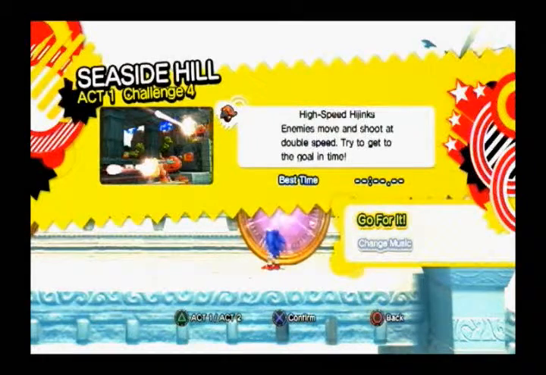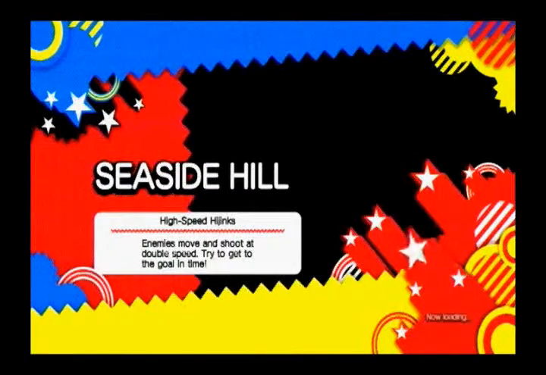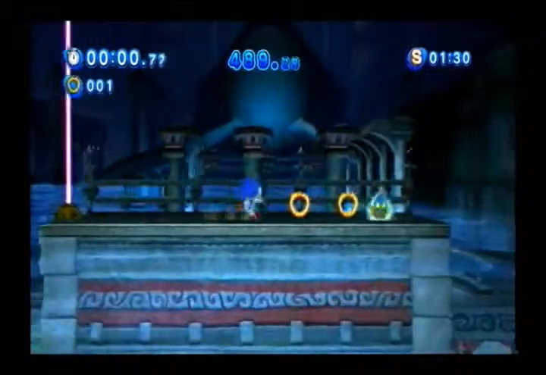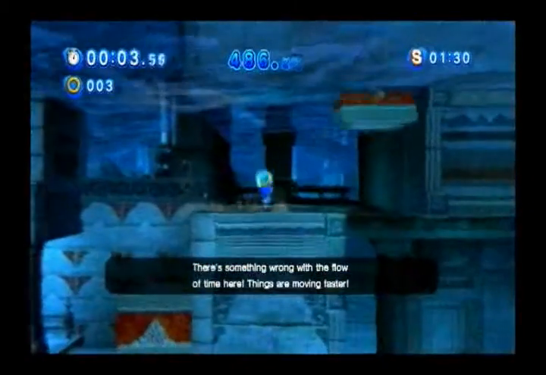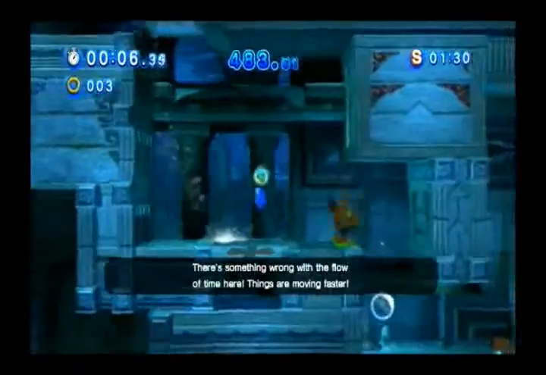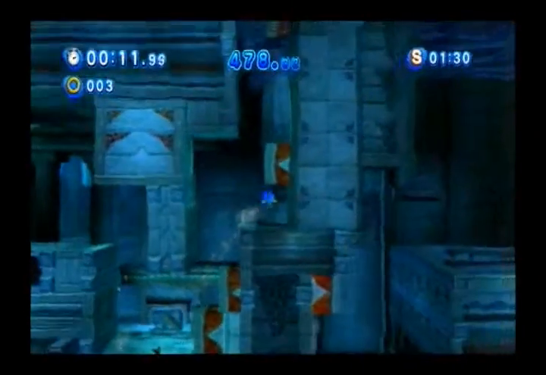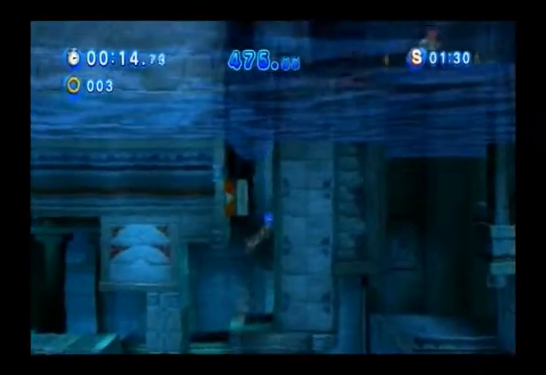High-speed hijinks: enemies move and shoot at double speed, try to get to the goal in time. That probably will not be too fun. I think you can actually use the upgrades that you get on the challenges. I'm not 100% sure though, but I believe you can, and that will definitely help you out. I won't use it, though it's not really cheating. It's not really cheating, per se, but it's definitely a lot better and a lot more difficult if you don't use the